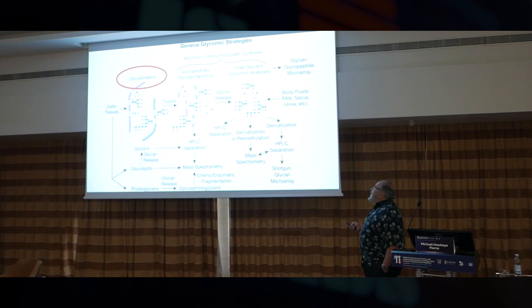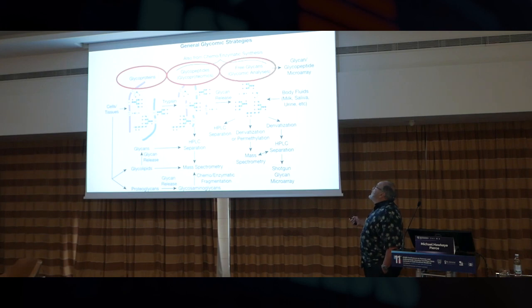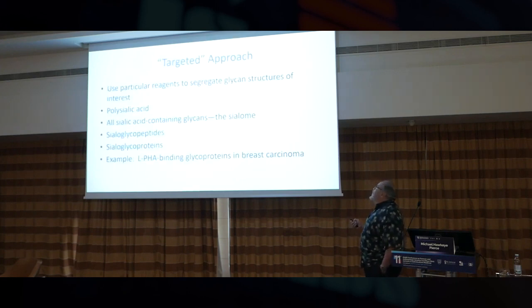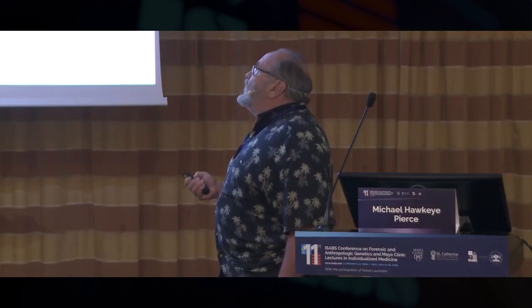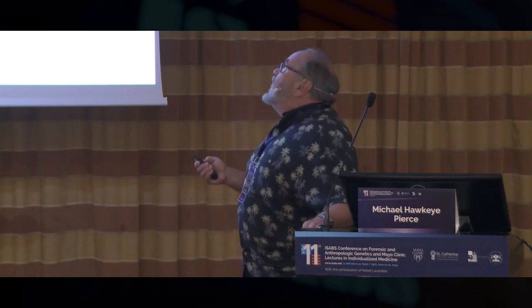So at the level of glycoproteins and glycopeptides and glycans, it would be very useful if we could target specific classes of glycans and use that to be able to pull out specific classes for analysis to simplify. And so that's really what I'm going to be talking about, a targeted approach using specific reagents like the antibodies that Gordon mentioned before, or lectins, or modified enzymes, which I'll talk about in just a second,